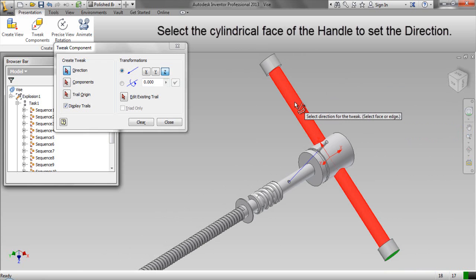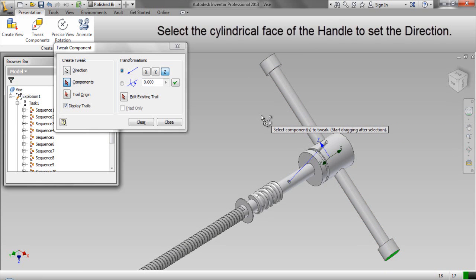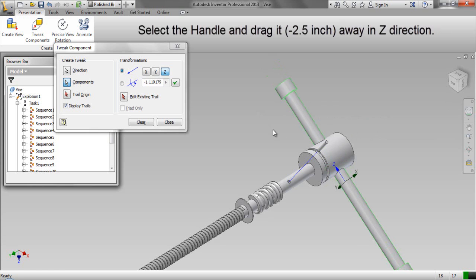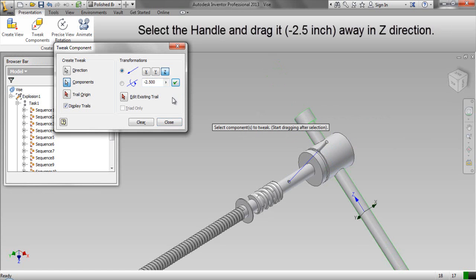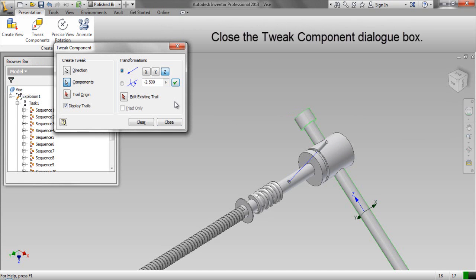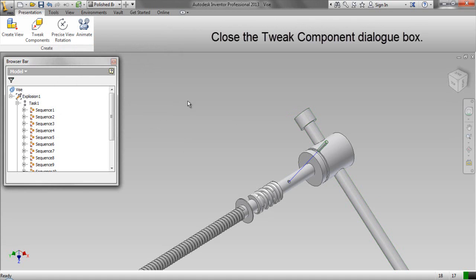Select the cylindrical face of the handle to set the direction. Select the handle and drag it minus 2.5 inch away in Z direction. Close the Tweak Component dialog box.